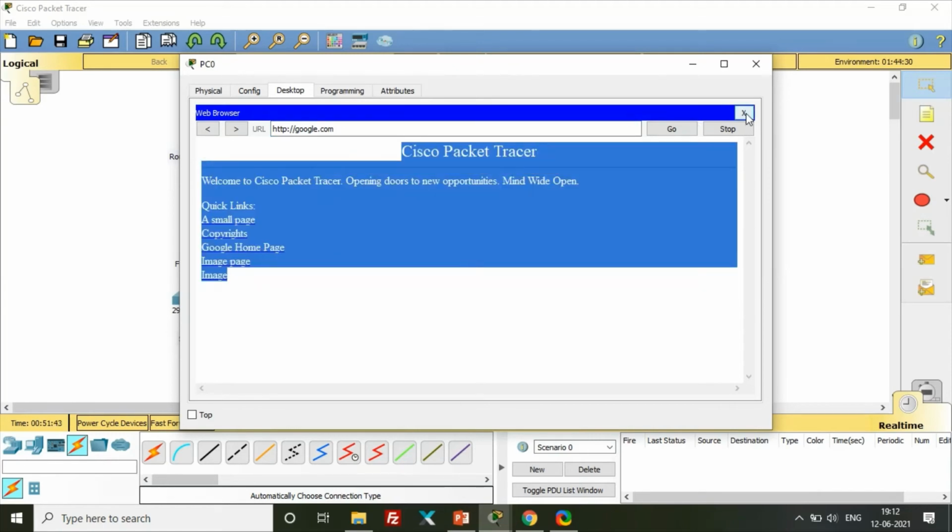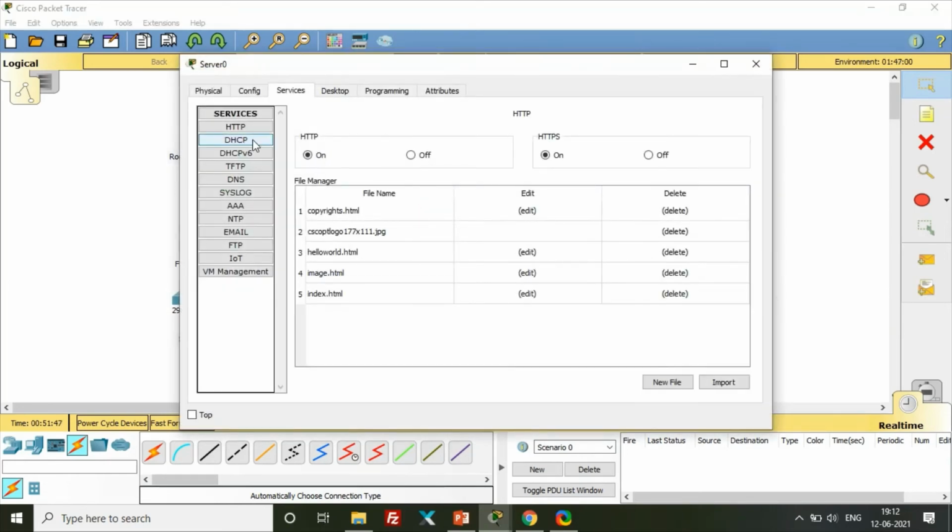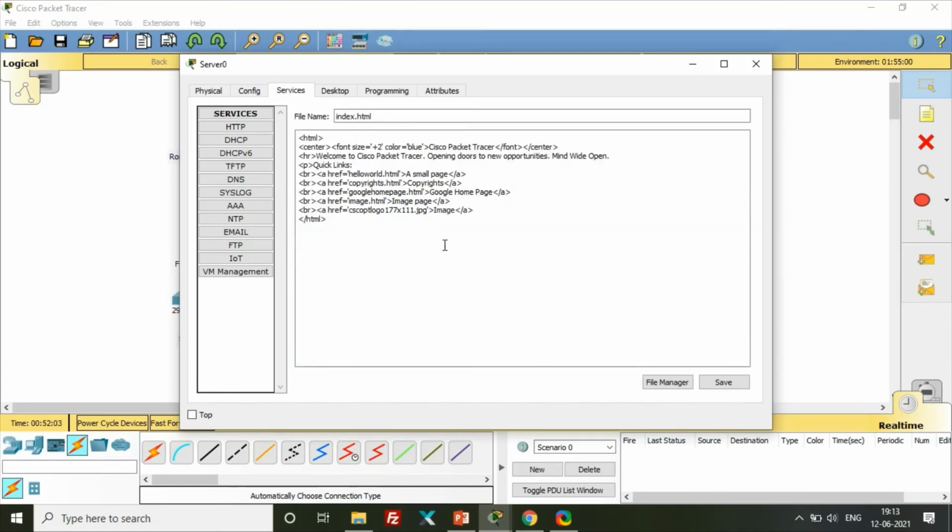So let's configure the web page. Simple programming is required here. Go to HTTP services and pick any of these files, like index or anything. Go to the edit part and put here Google home page. Okay, and welcome to Google,